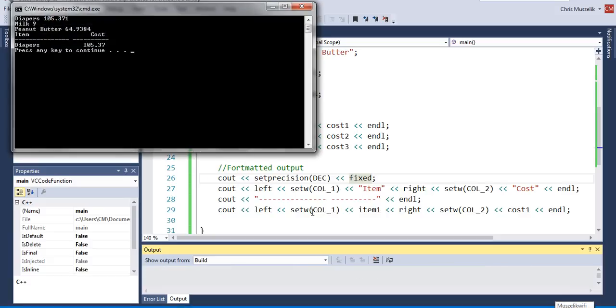Yeah, that fixes it. All right. So there's another stream manipulator called fixed, which I think is compiler specific, but with Visual Studio here you need to use the fixed manipulator, which means that it will show your number in standard base 10